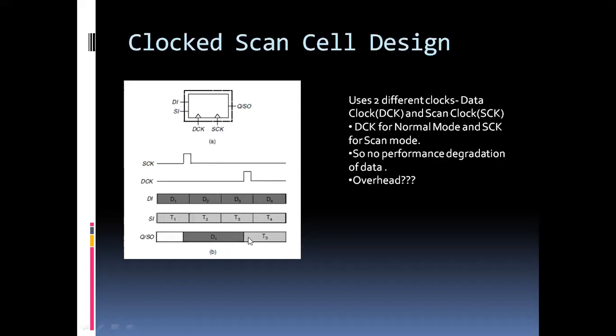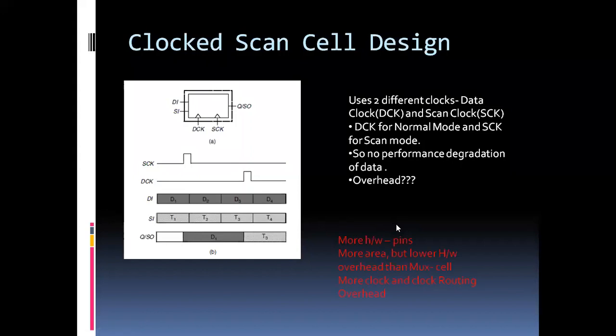You can go through with this. If you have any problem, you can ask me. So the advantage on this is I don't have any degradation of the data. My data line is going independent, my clock is not getting disturbed because I'm having a separate clock for serial in. So there is no change in my data input which is there. This is going independent of this, okay, on a separate clock. So this is a good advantage.